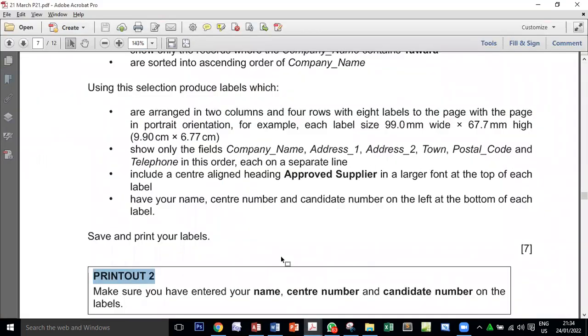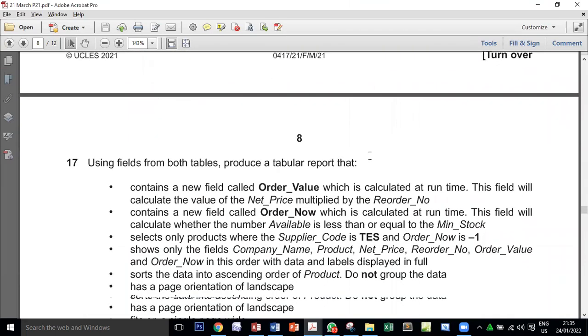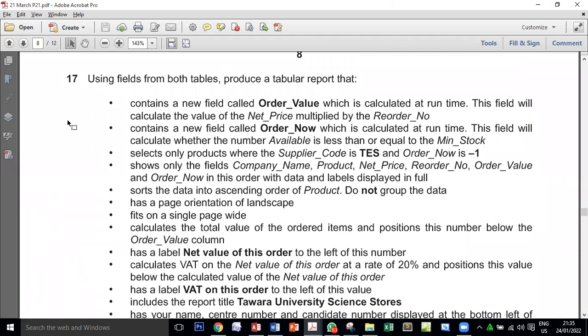So now we have studied labels. Otherwise, we cannot say that we have studied Access. You need to know labels. Okay. What else? Let us go into here, because here it requires using fields from both tables, produce a tabular report. Okay, this is a traditional report. However,